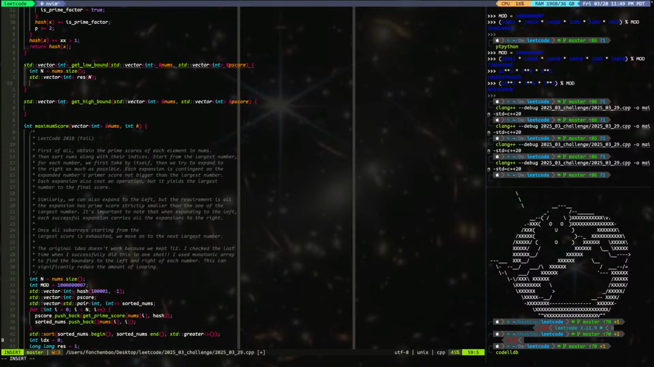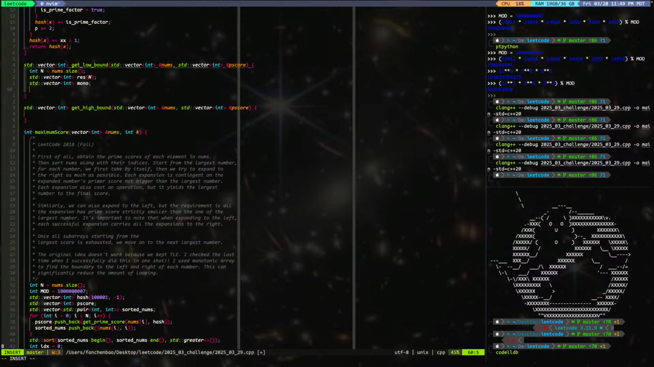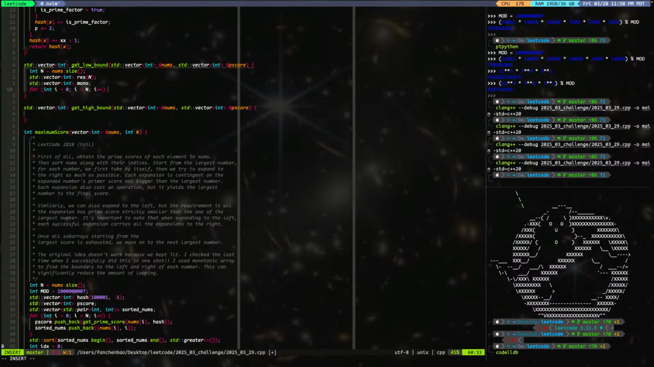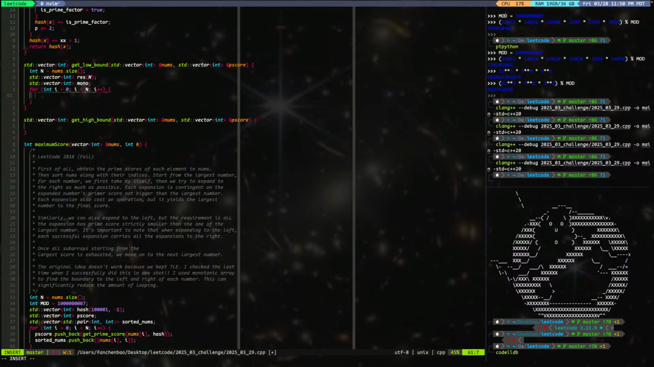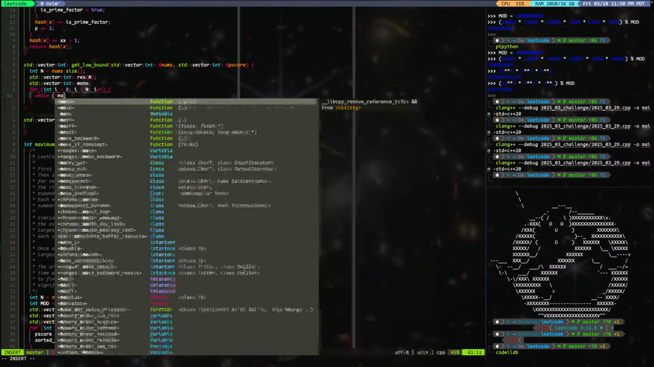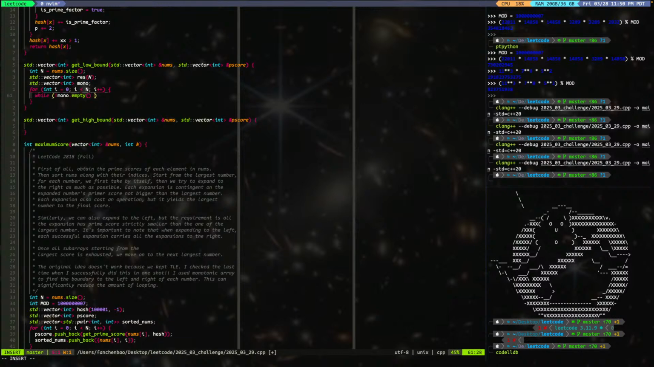Right, and then, yeah, mono. Alright, so basically for int i = 0; i is smaller than n; i++, we'll go through every single one. And we'll say mono. Right, while mono is not empty, and yeah, so we say while mono.empty and